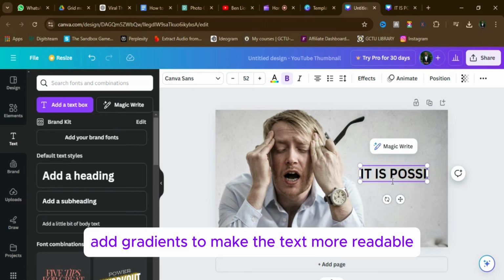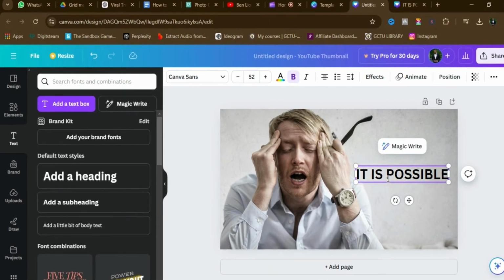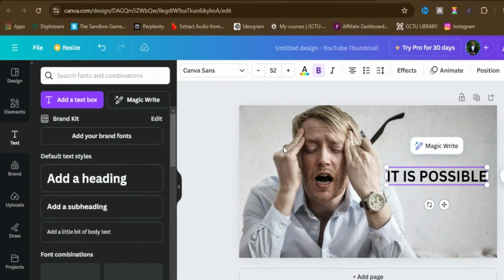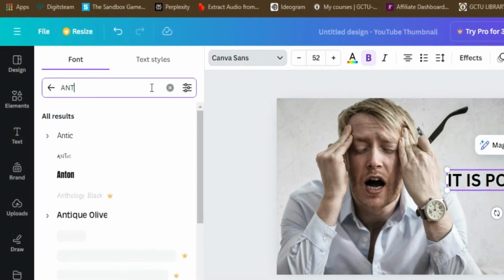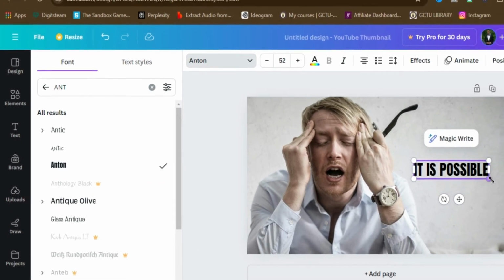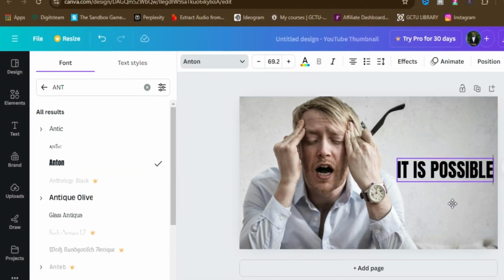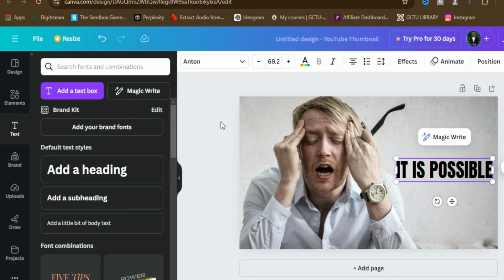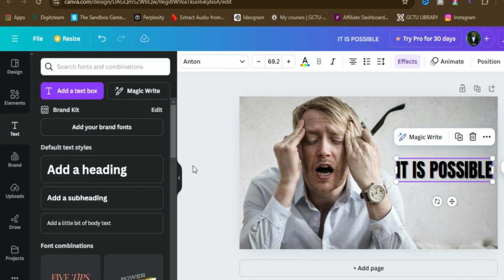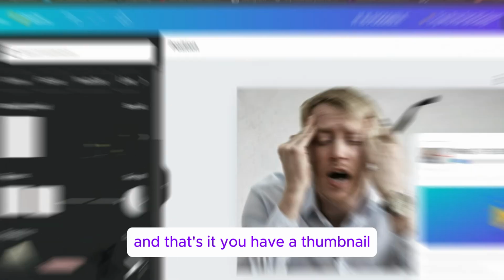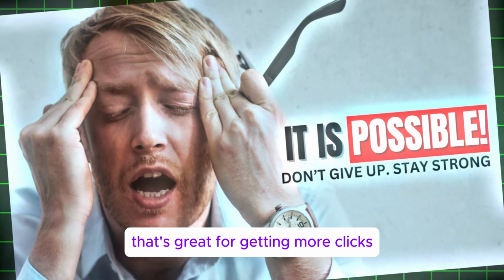Add gradients to make the text more readable. And that's it. You have a thumbnail that's great for getting more clicks.